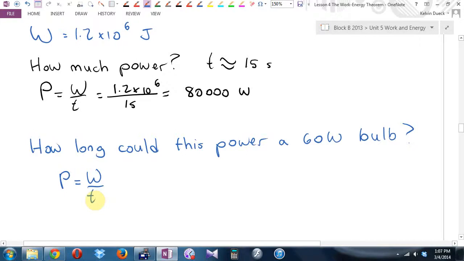Time. Oh, get the t by itself. I think what I can do is times the t over to that side so it's on the top, and at the same time divide the P. Time equals work divided by power. It equals 1.2 times 10 to the 6th divided by